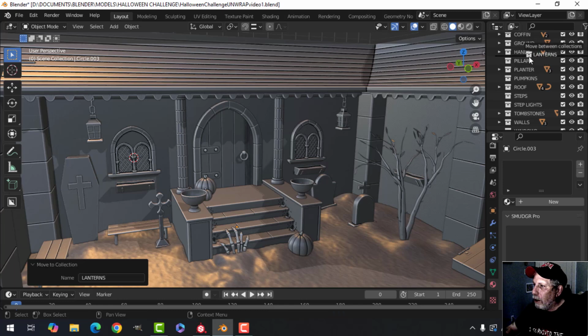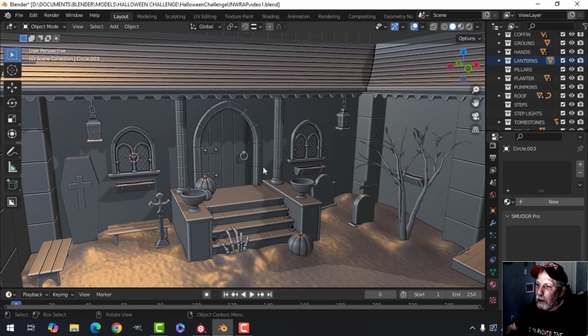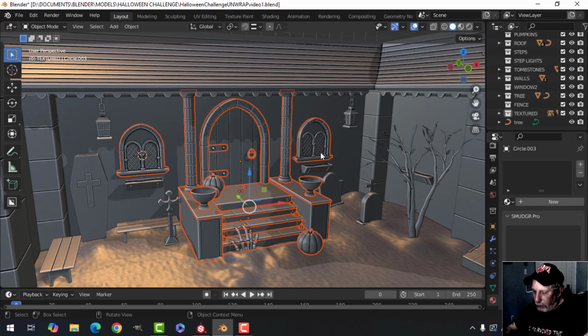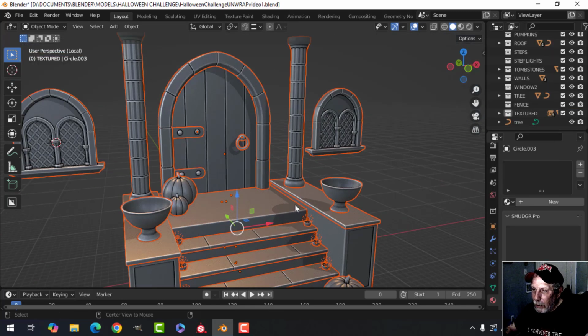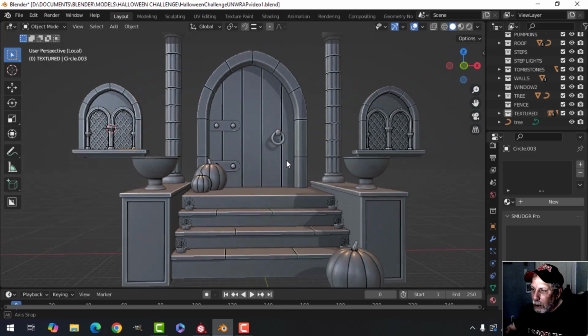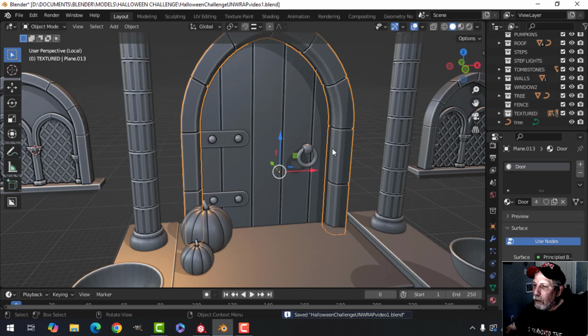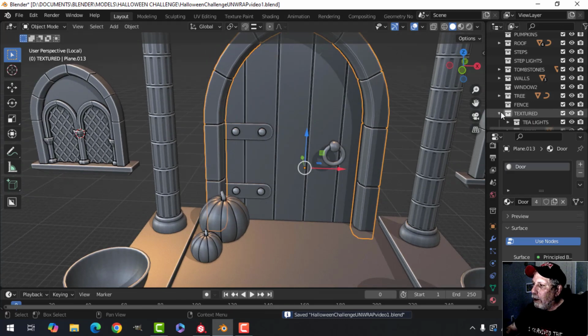Just some cleanup stuff. We'll put that there. Okay, so once again, if I come back to textured and I select and I look at it, am I getting all the things that I want? I believe I am. All right, so save for now. Okay, so anyways, for the door, I could,